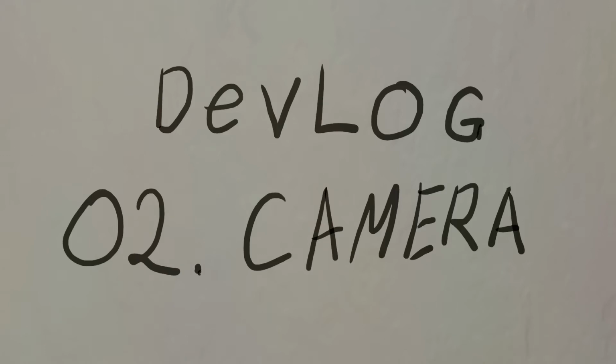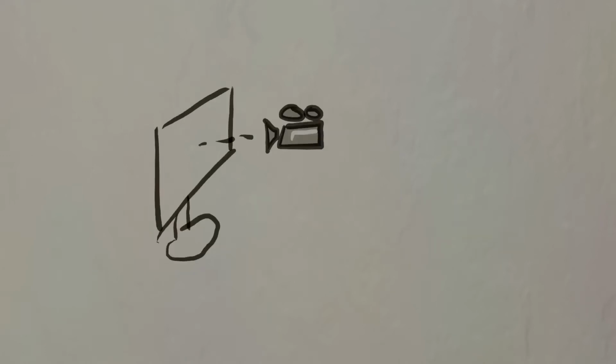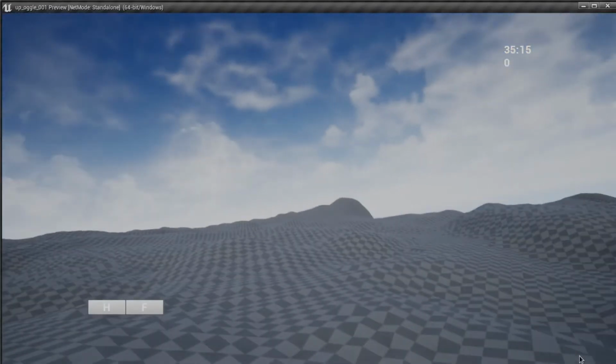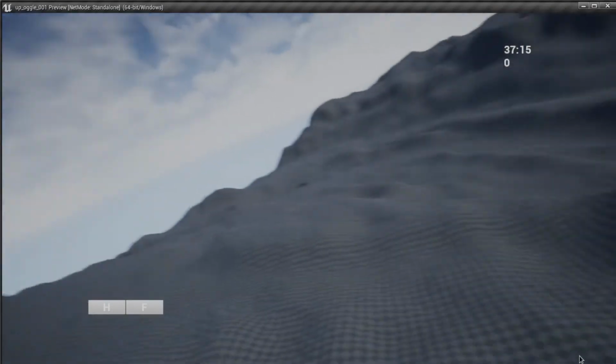Hello, this week I'm talking about camera movement. In a first-person shooter, the center of the camera is somewhere above the screen, roughly representing your head. This doesn't work as well in a city builder. You want the center to stay on the landscape, so instead of moving your head, you are moving a map